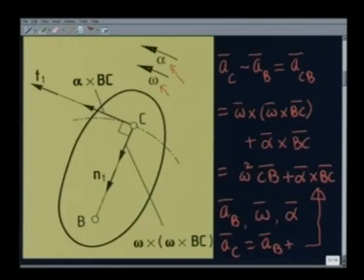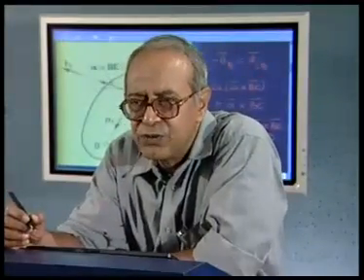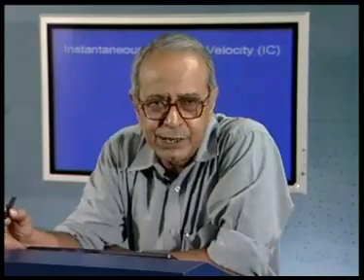So there can be 4 unknowns, namely 2 components of AB and omega and alpha, and then the acceleration of all other points on that same rigid body is completely known. These 2 pieces of information, as we shall see later, will be very useful for velocity analysis of mechanisms. Now that it is clear how to correlate the velocity and acceleration of 2 points on the same rigid body,